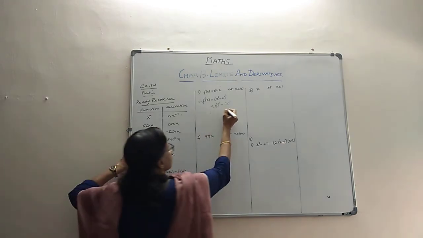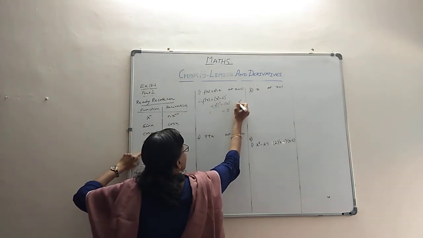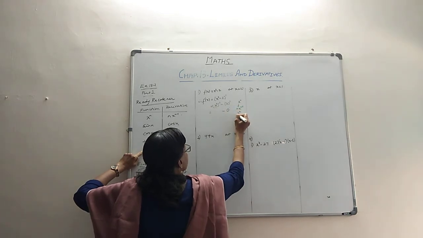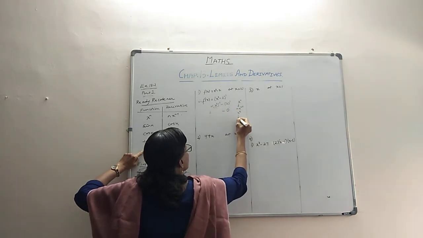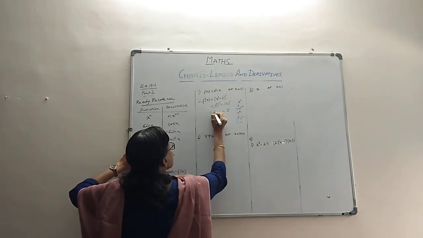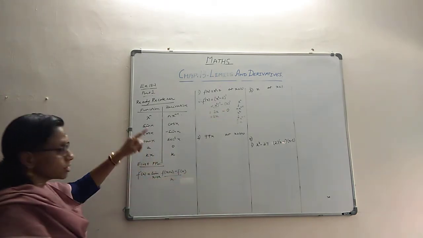So the derivative of 2 will be 0, and x squared is of the type x raised to n, and x raised to n has a derivative nx raised to n minus 1, which means x squared will become, by formula, 2x raised to 2 minus 1, which means it will become 2x. Overall the derivative will be 2x. But that's not what they have asked us.